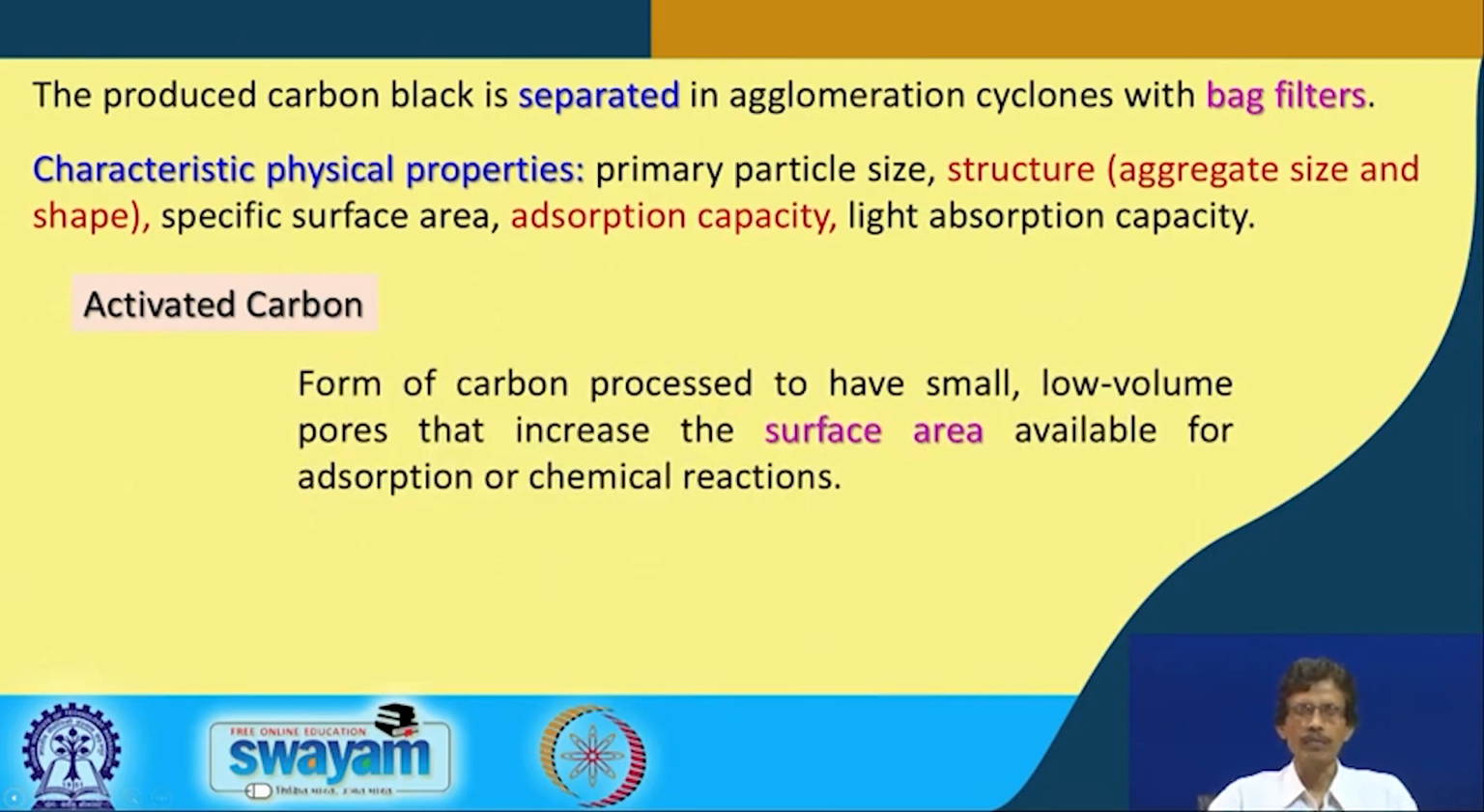So how can we define this? The textbook definition would be like this: it is basically a form of carbon which we can process. Why do we process it? Because we want to have small low volume pores, very small fine pores, and low volume pores, because we cannot have very big pores such that the liquid or the gas can go and pack those pores. That increases the surface area available for adsorption or chemical reaction. So the two most important things we will consider are the availability of those pores, which are very small and low volume in